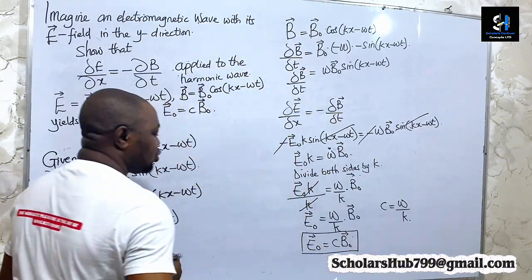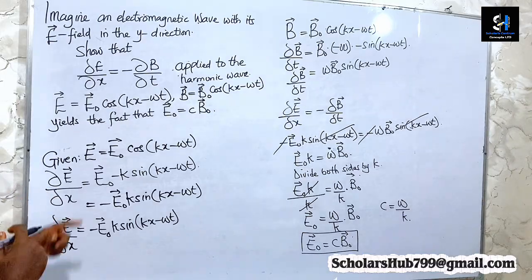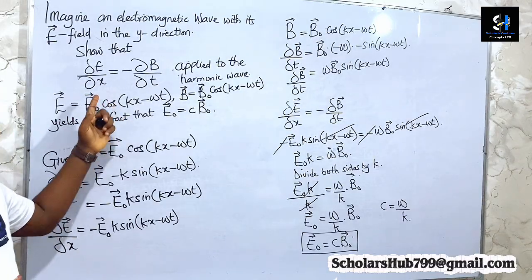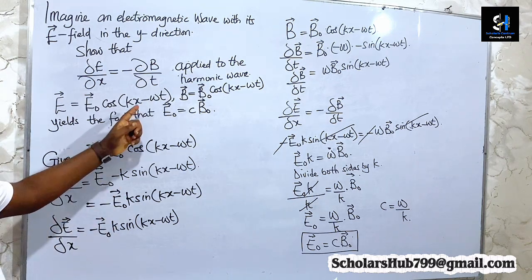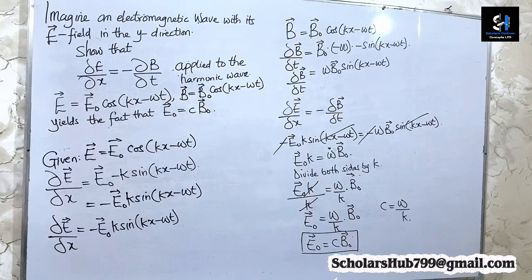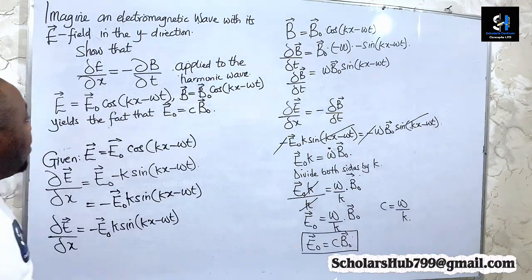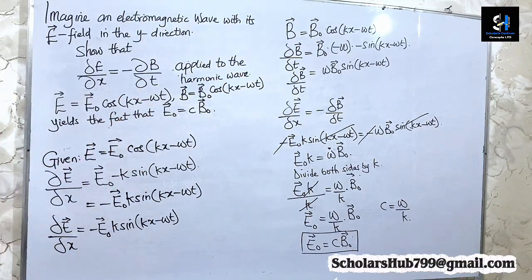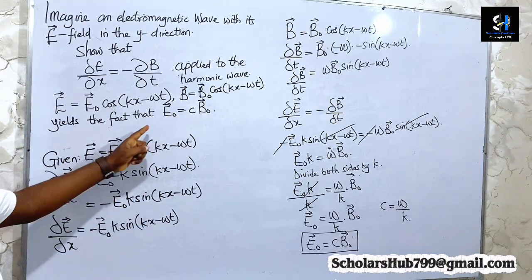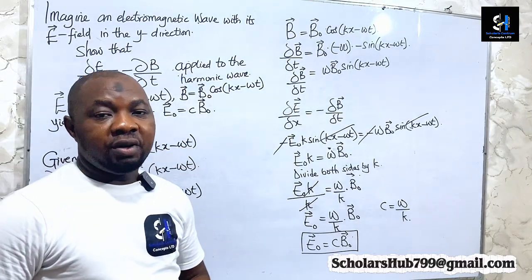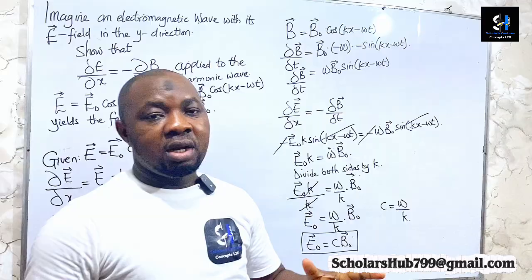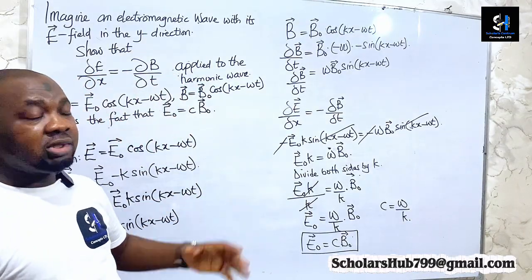And this is how to show that the first partial derivative of the electric field function with respect to distance x is equal to the negative of the first partial derivative of the magnetic field function with respect to time t, which yields the fact that E naught is equal to the product of the speed of electromagnetic wave and the amplitude magnetic field